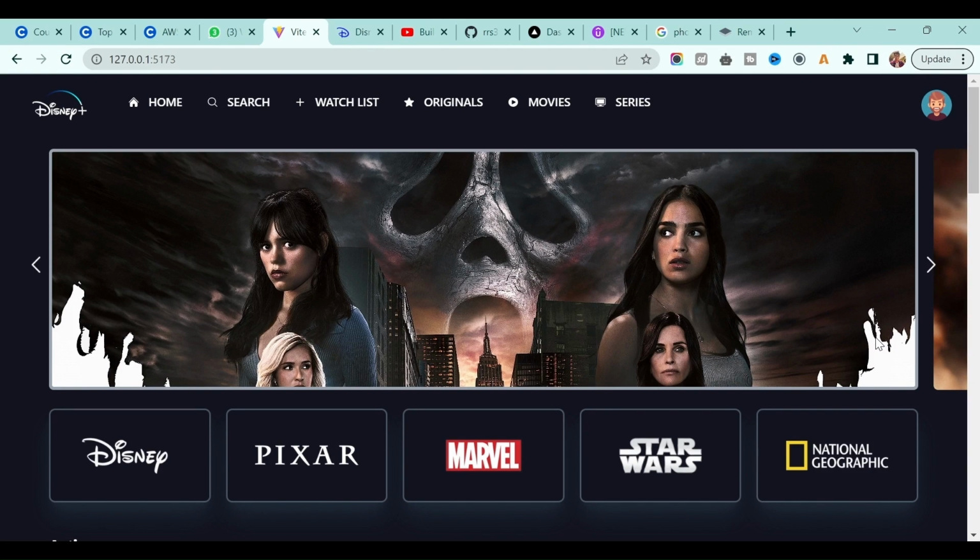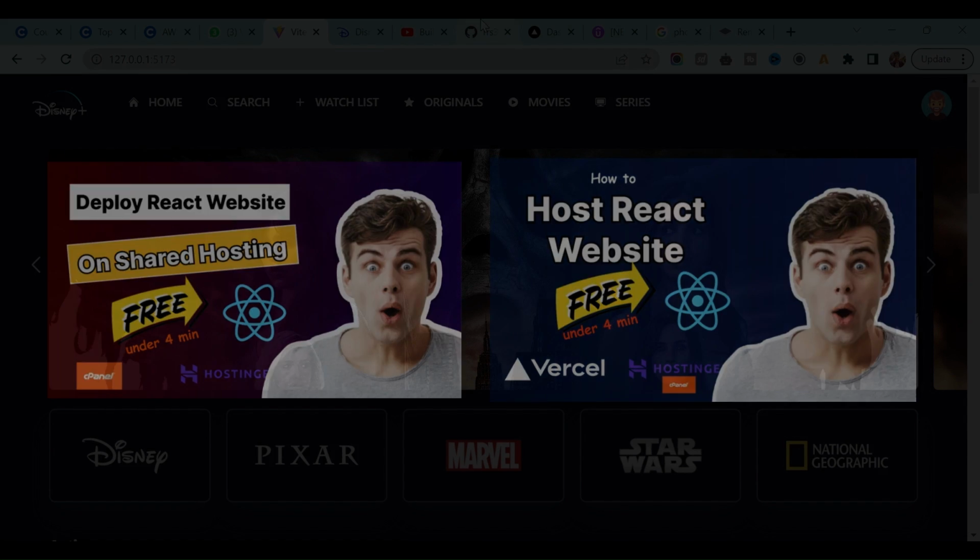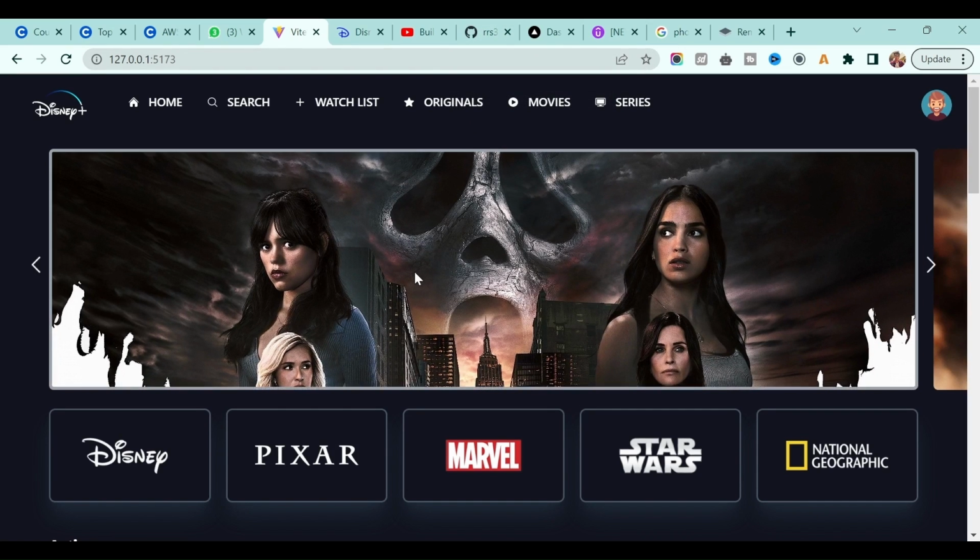Also, now the last point here, we need to deploy this application on some hosting so that anyone can access your website. Okay, so first of all, if you don't know how to deploy it on Vercel, or you want to deploy on shared hosting, then watch my video carefully. Okay, first thing, we are using GitHub to push our code to GitHub first, and from there we will deploy our application to Vercel.